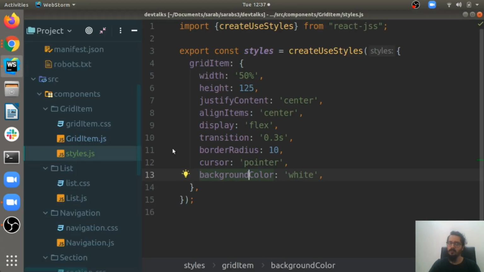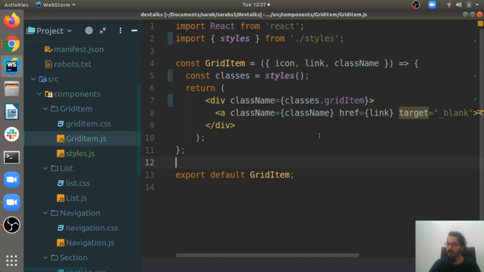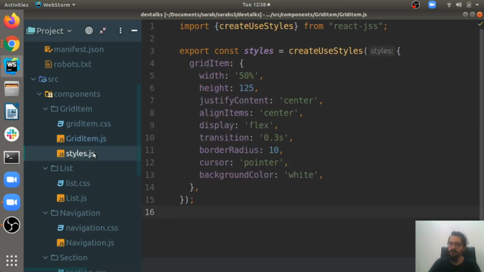So what if I need to change this background color from whatever I get from my props parent, so that you will have an advantage to change it in different components. You can use it with different styles. Let's see how we can make it dynamic so that you can reuse this component in many places with different styles.